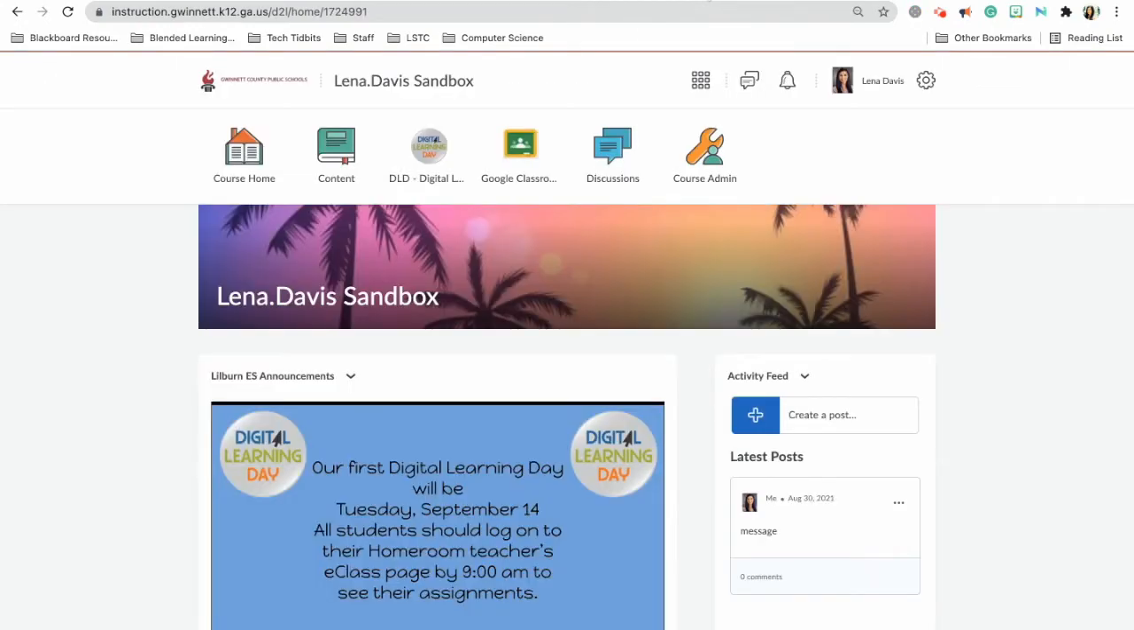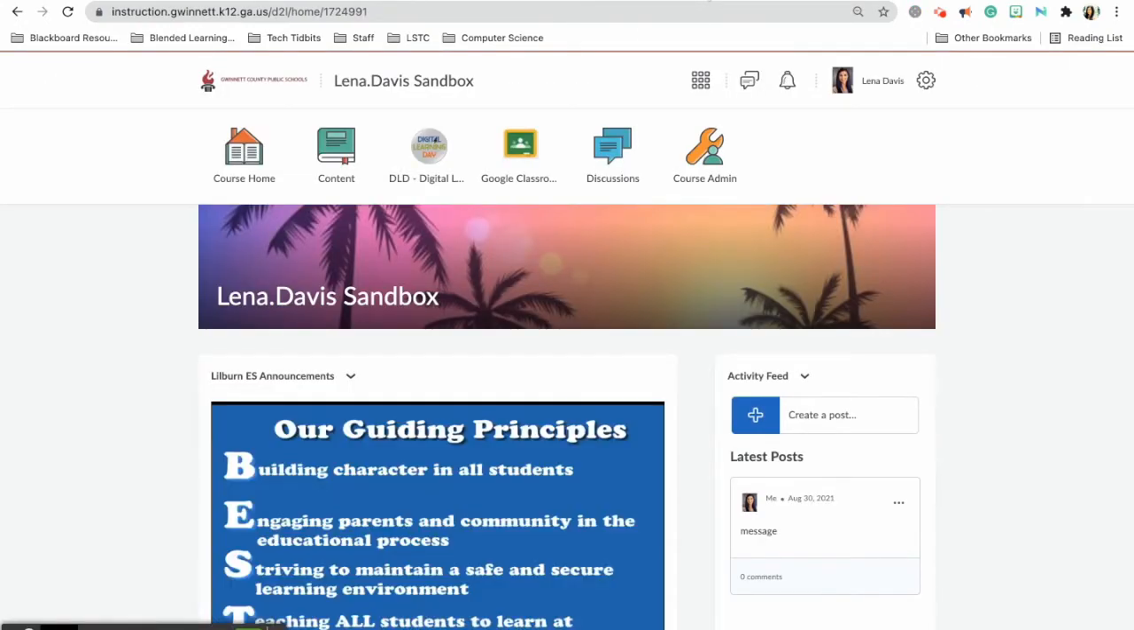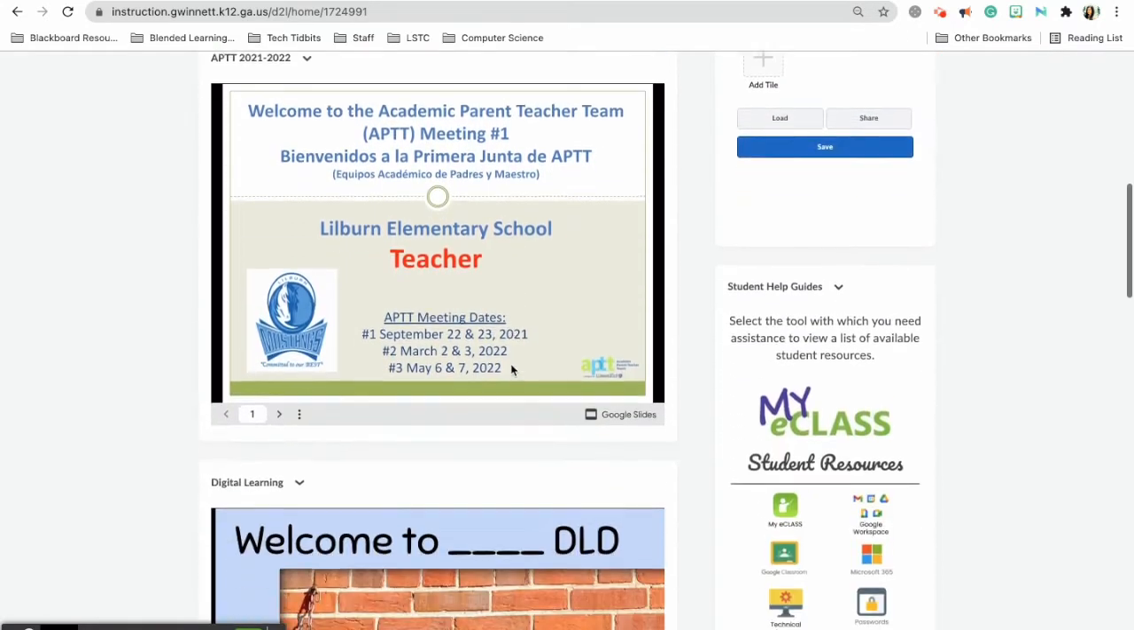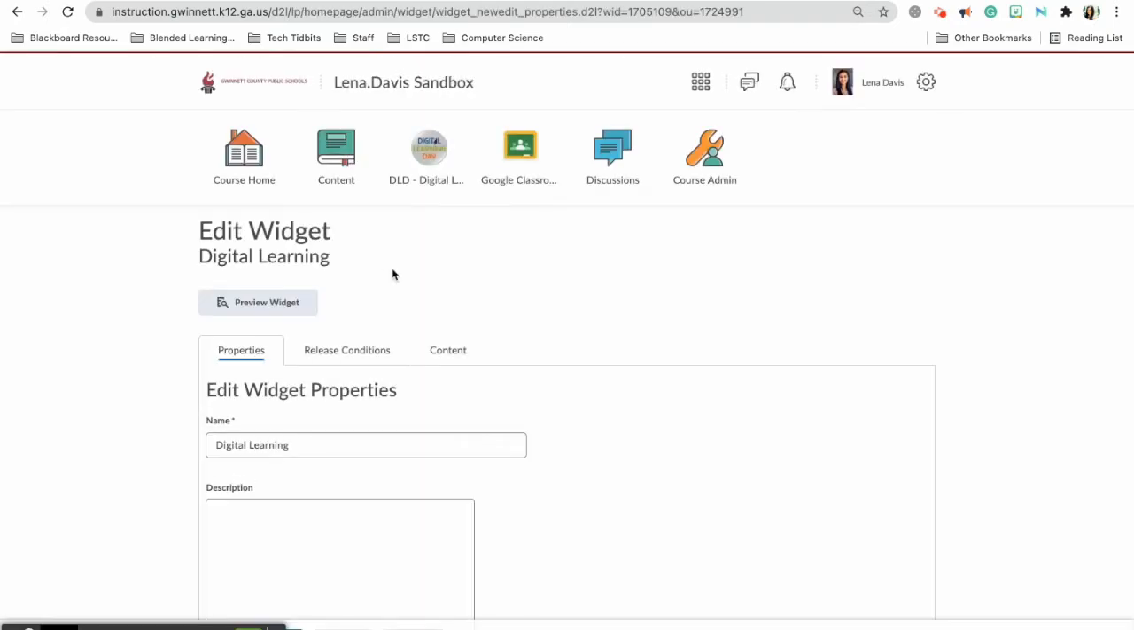First things first, let's head over to your eClass page. So we're going to start by embedding our slides into our DLD section. So we're going to scroll to wherever it's located. So right here we have the placeholder. Okay, so we're gonna click on the little downward arrow next to digital learning and then edit this widget. Afterwards, we're gonna go to content